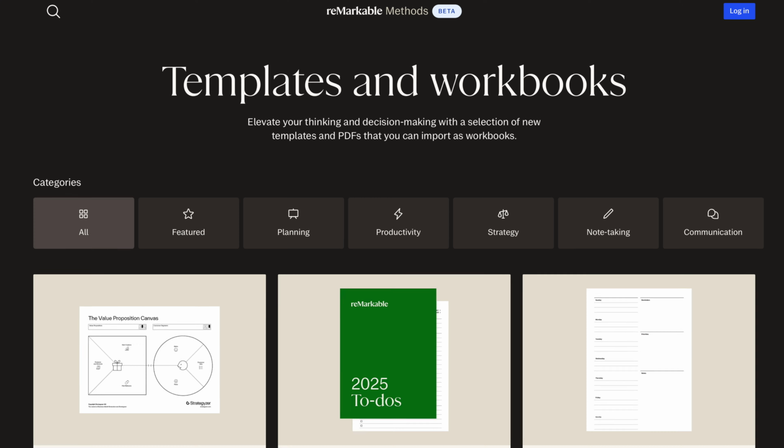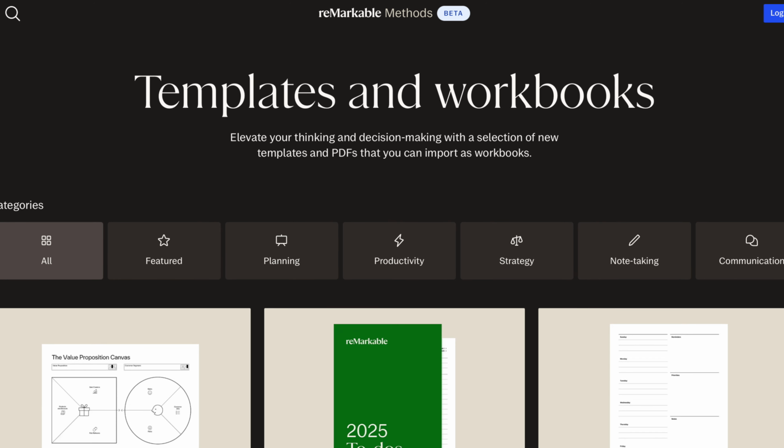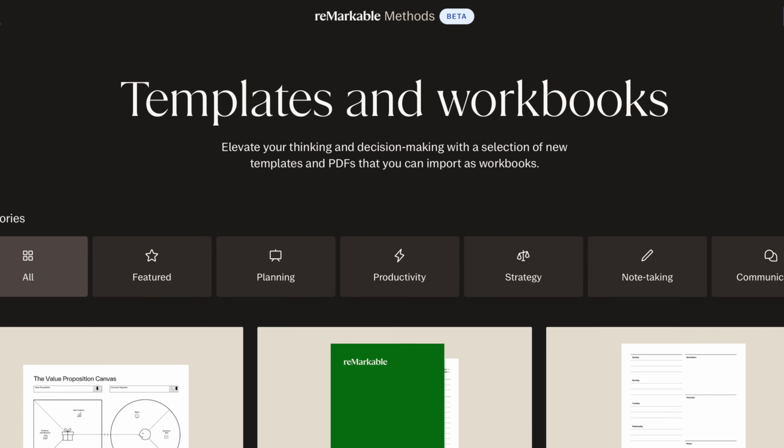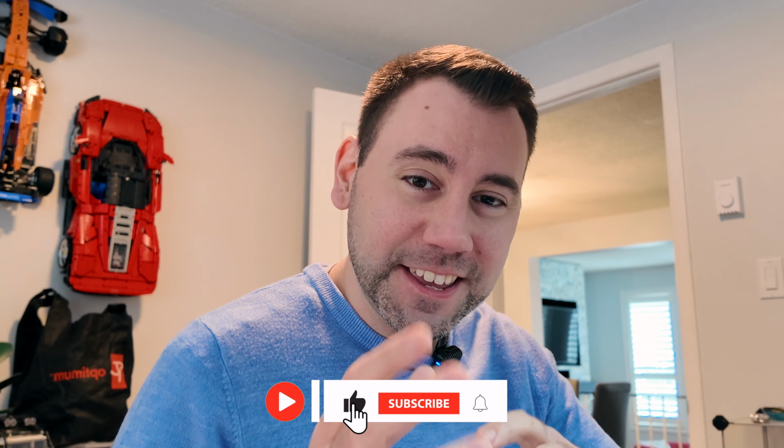So reMarkable is back in the news. They've just announced their first new product or feature of 2025, and it's called reMarkable Methods. Now they might have called it Methods, but what it really is, is templates and workbooks for your reMarkable and reMarkable Paper Pro devices. Today, I will very quickly go through what Methods is in detail, how to use it, and